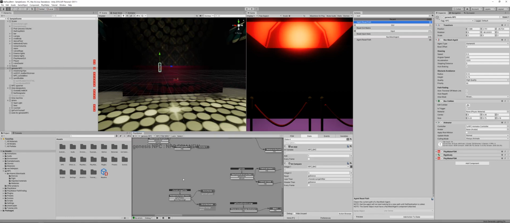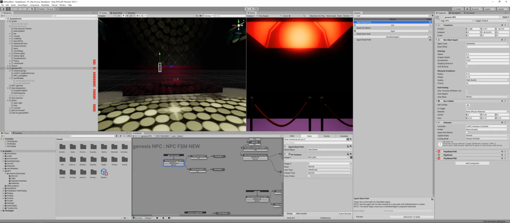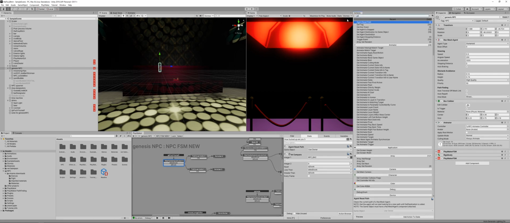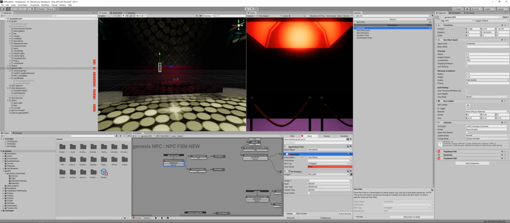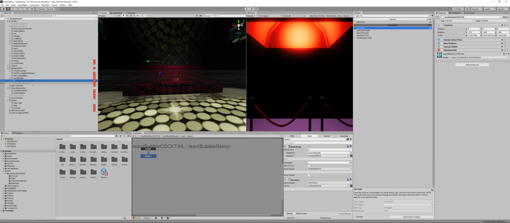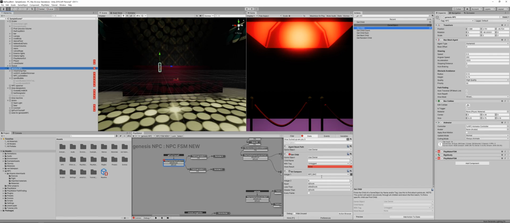So when you fuck off, we can do get child. And what are these tagged as? They're tagged as cocktail and beer. So,